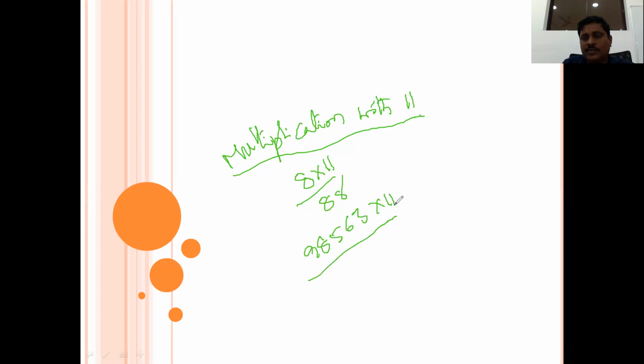Suppose we multiply using the normal method, it takes some 50 to 60 seconds. In competitive exams, if you take that much time for multiplication, you waste time on the problems. Any problem you should do within 1 minute. This multiplication is one part of the problem. That's why you should do this multiplication in less time. That is very important.